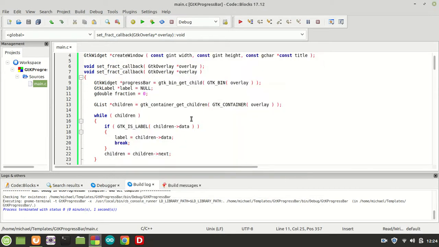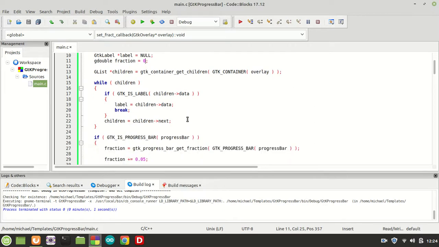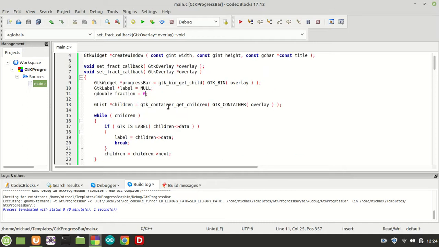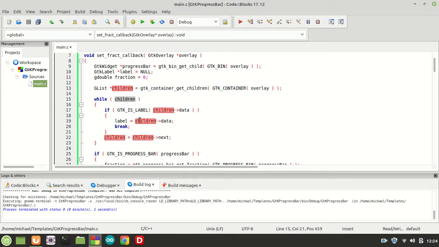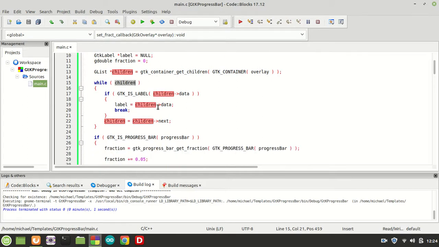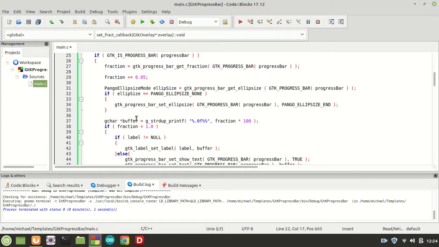That was the reason why we got that one. So let's see where the problem is. Basically we are getting the progress bar, we are getting the children from the overlay itself. Once we have the children, we are searching if we get a label. If we get a label, then we put the children data inside it, and then we break it. Then next thing we move to the is GTK progress bar. We check the progress bar is there, and because the progress bar is there, we say that the fraction should be